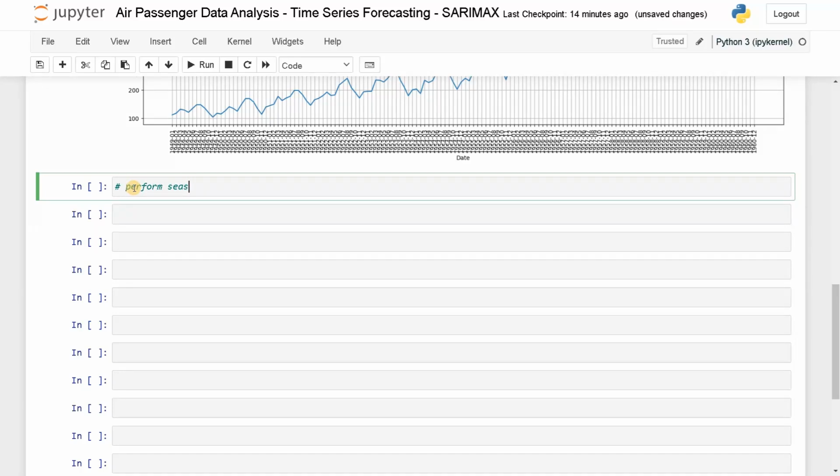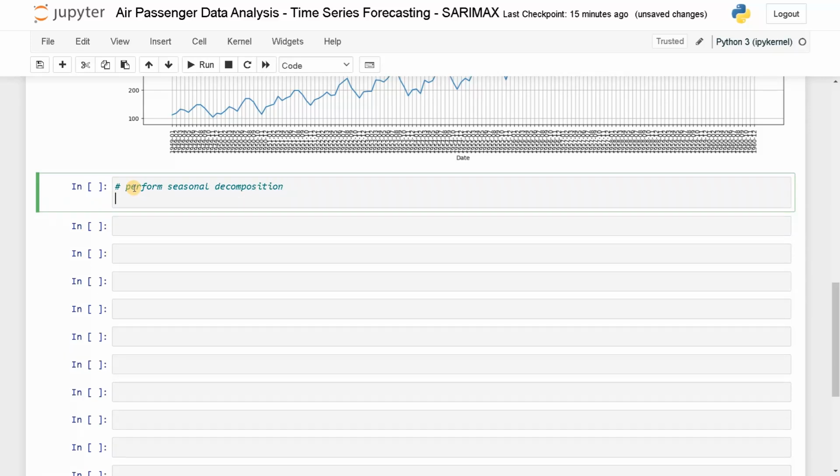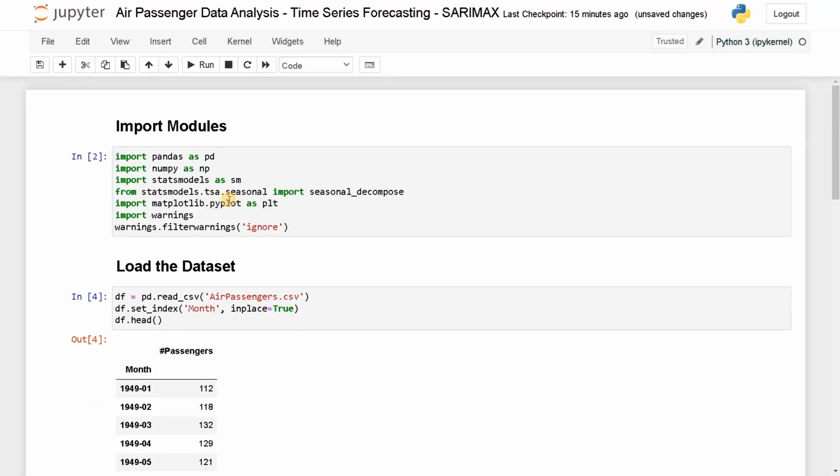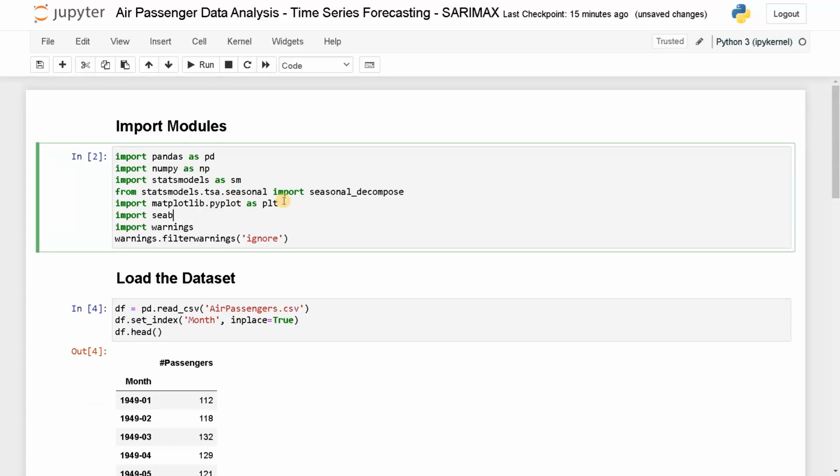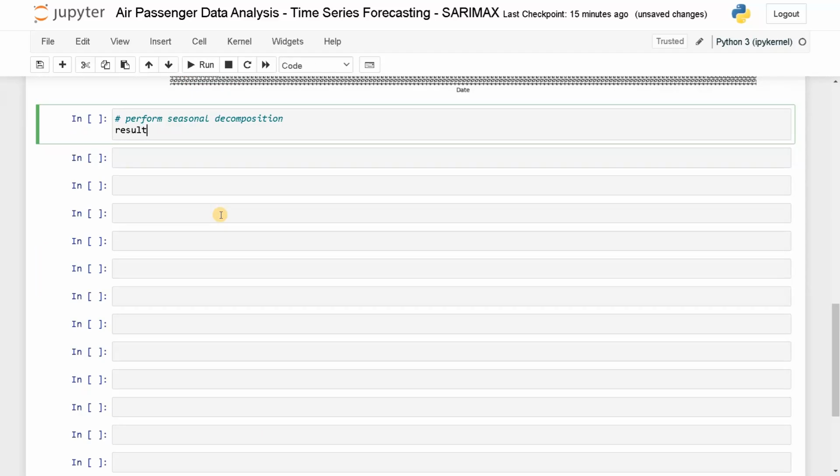Perform seasonal decomposition. We already imported seasonal_decompose, and in this case we will also use Seaborn. So import seaborn as sns. I'll just say result equals seasonal_decompose of df['#Passengers'], and as I said, I am going to use the multiplicative model, and the period will be 12,